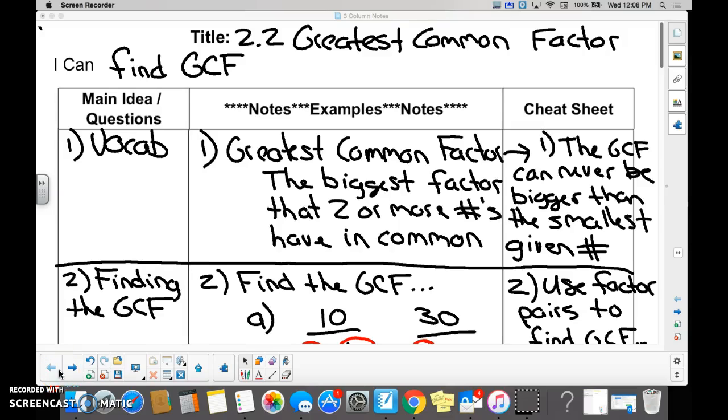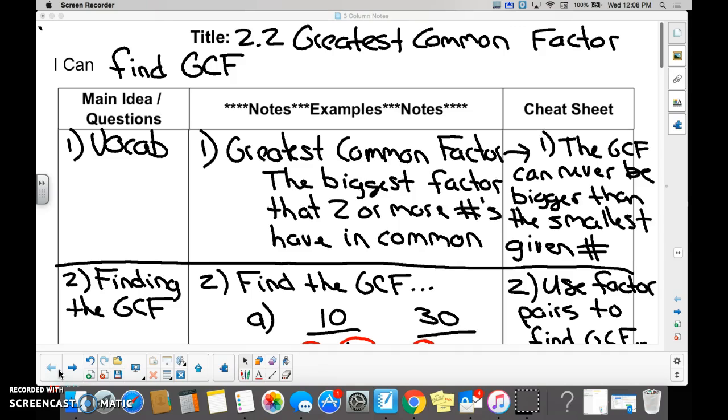2.2 greatest common factor. I can find GCF. So GCF is our short version for greatest common factor, right? Yes. Are all of you confident you can find GCF? Yes. Emma, thank you. All right, so greatest common factor is the biggest factor that two or more numbers have